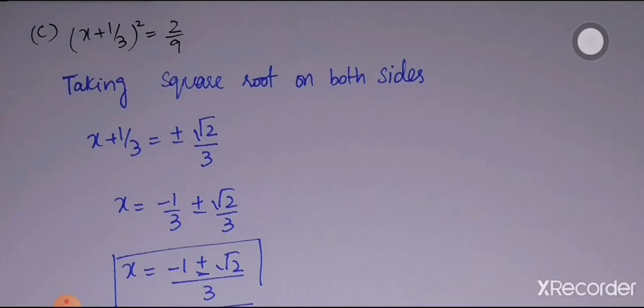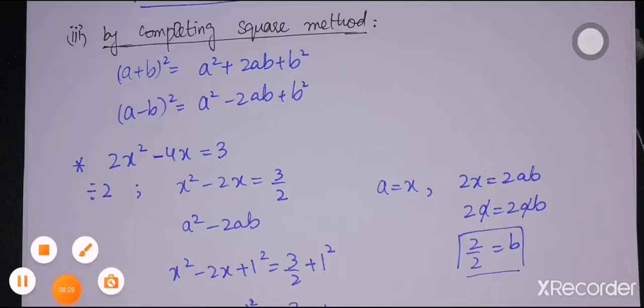You can see that the factorization is not possible in this case. That's why we are applying square root property. Next method is the completing square method. It is clear from the name that completing square method means we will try to complete the square of